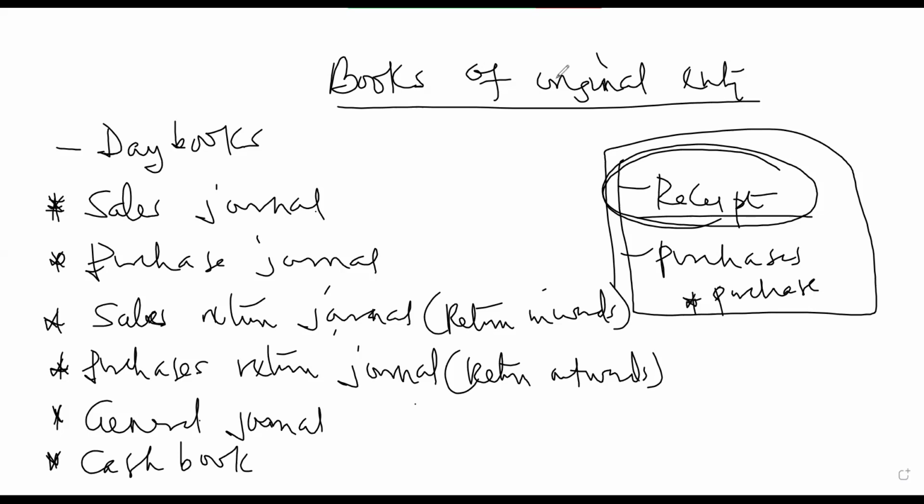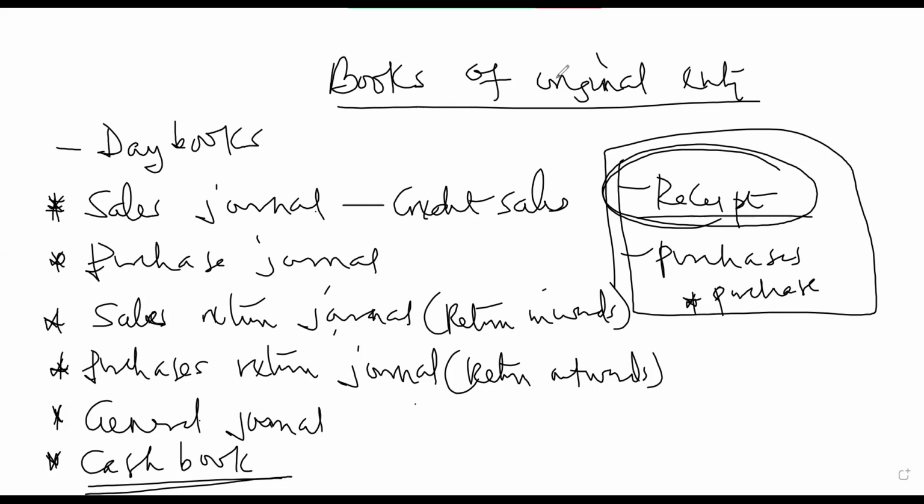Okay, so the sales journal, what do we record in the sales journal? You see that when sales are made on cash basis, it should be recognized in the cash book. So the question now is, when sales are made on credit basis, where do we recognize it? It should be recognized in the sales journal. So the sales journal recognizes what? Credit sales. Whenever you sell on credit, you are going to recognize it in the sales journal.